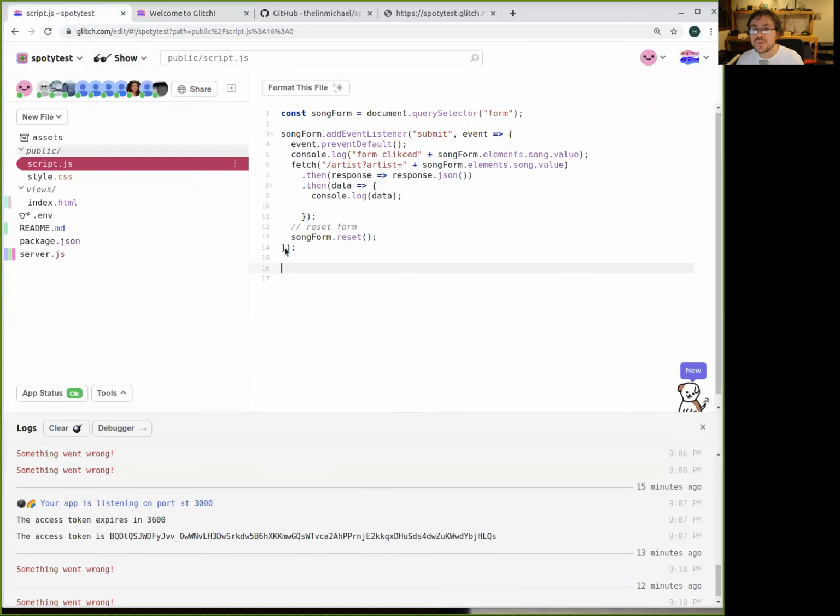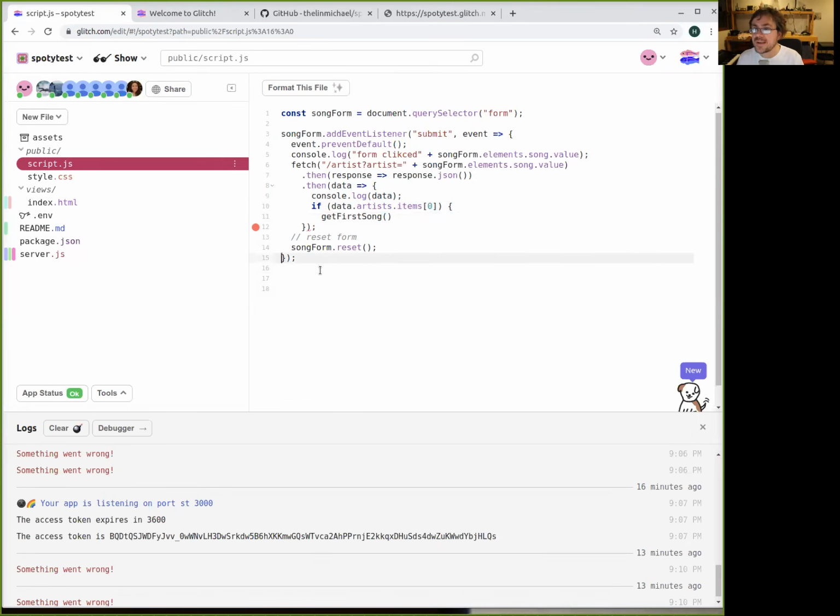So we need to do a piece of code that says, if we have something in the reply, in the object called data.artist.items, okay? If we get something, we want to do something here. What can we do? Well, maybe we can now get the most famous song, or get the first song of that particular artist.